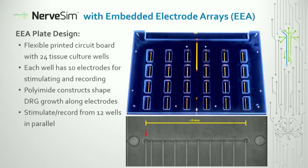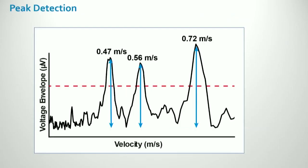We can do longitudinal studies, and it really allows us to not just treat with a neurotoxicant and see if there is a deficit, but now can we induce that deficit? Can we co-administer something to look at it from a neuroprotection study standpoint, or can we actually look at nerve rescue as well from a neuroregeneration standpoint? And what's been phenomenal with this is the level of data that we can pull out of this. We're now seeing off this platform multiple different fiber types and multiple different conduction velocities in the same prep. So where this gets really powerful is, now if we can start to see a deficit